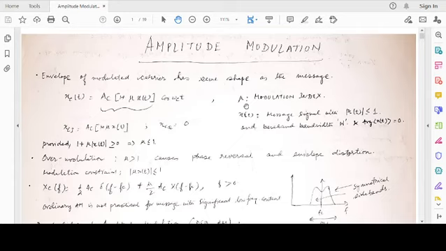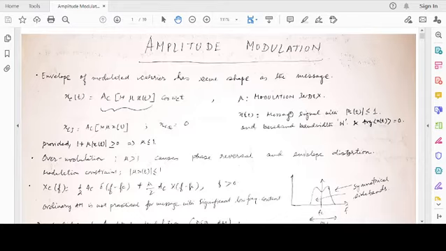So far, we had discussed the very basics of signals and systems, of a band pass signal, band pass system. We now move towards modulation techniques. The first modulation technique which we'll discuss is the linear modulation techniques. One example of linear modulation techniques, or the only example rather, is amplitude modulation.